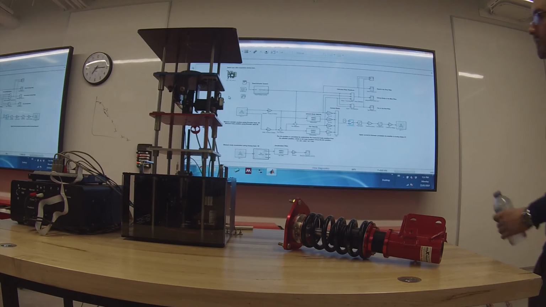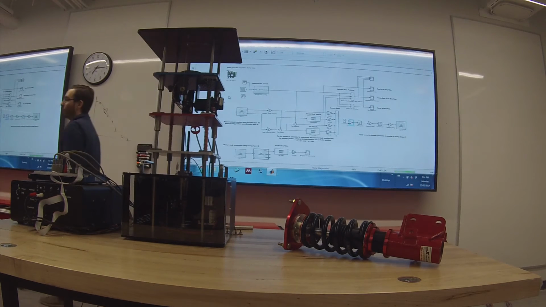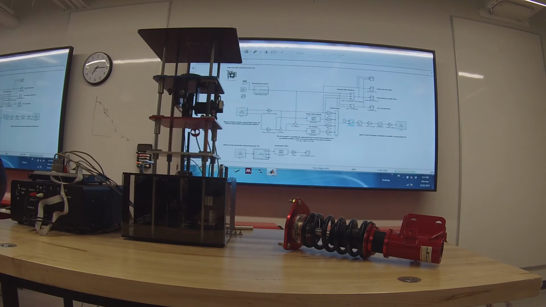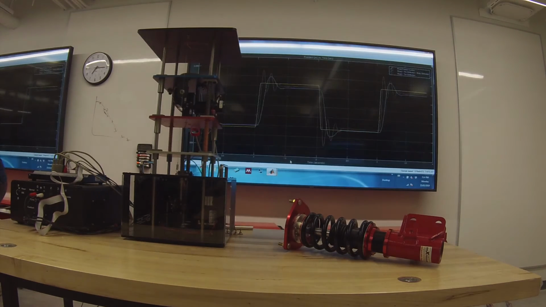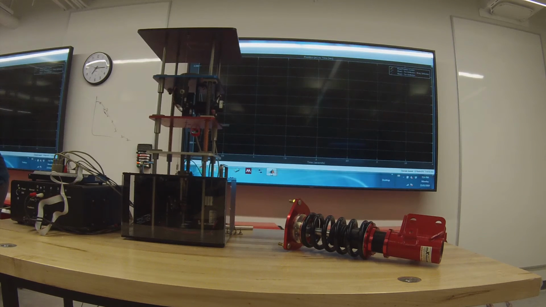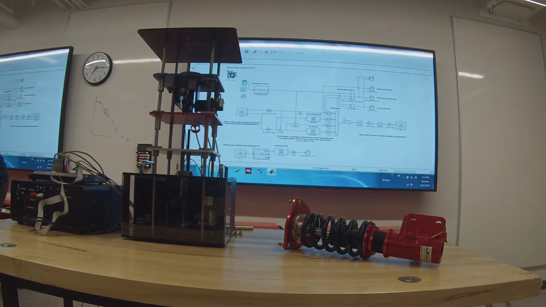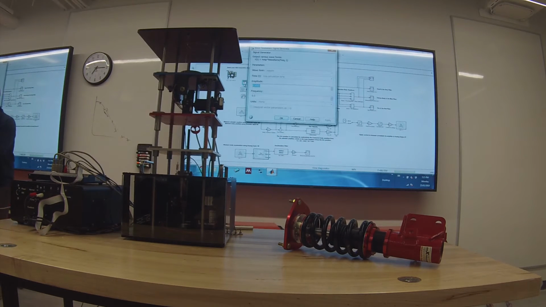Show you what is going to happen when we increase the road excitation amplitude. So this is the same waveform we're looking at live from the rig here. I'm going to go and increase the road amplitude here. Once the computer loads to